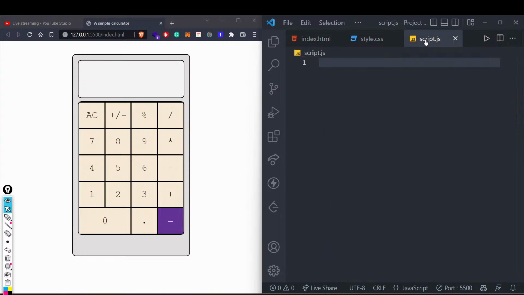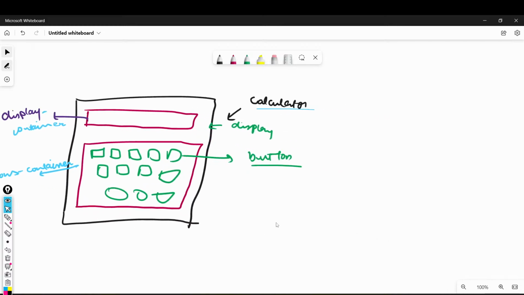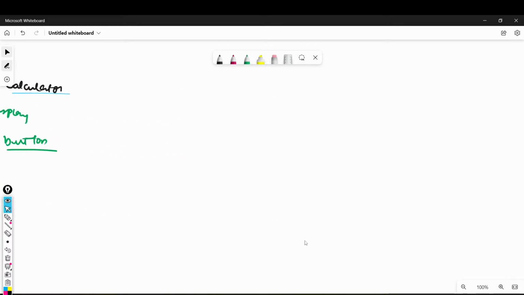Right now, if these things are very clear to everyone, we are very good to go with the logical part. Before going to the logical part, I want you to have a mind image, like a structure in your mind, of how we will be working and what we are trying to achieve, right? So this is fairly simple, very simple.